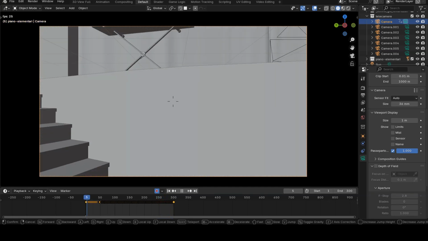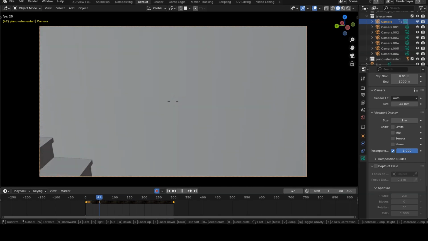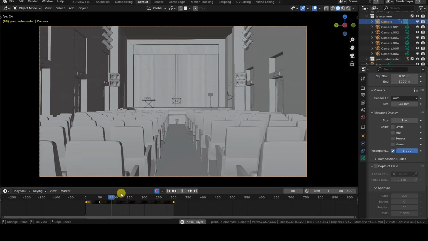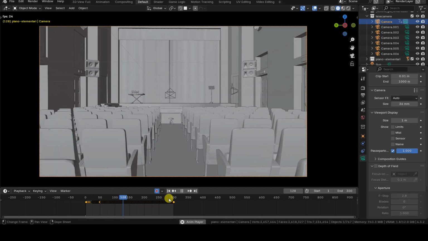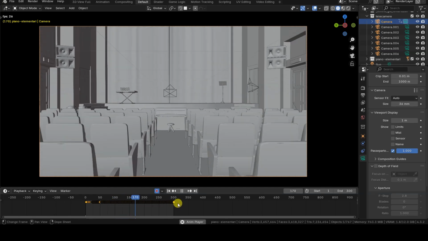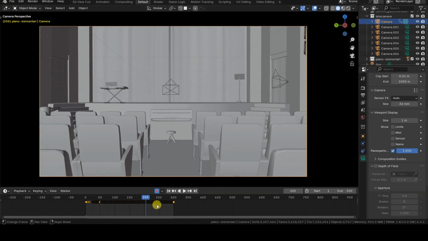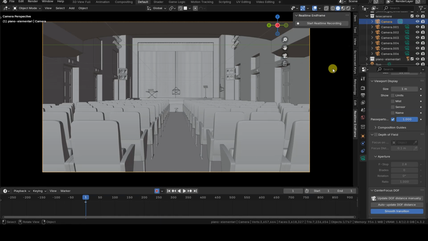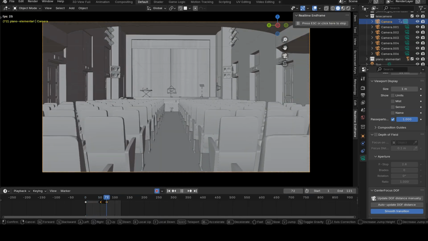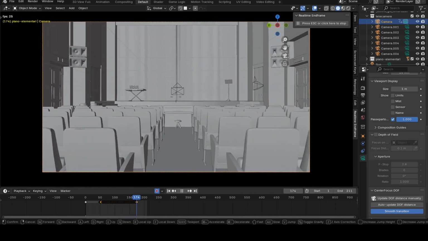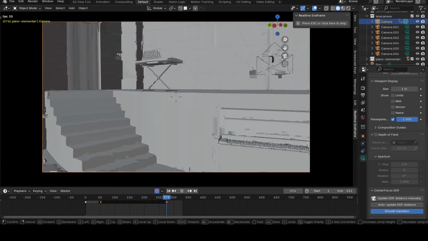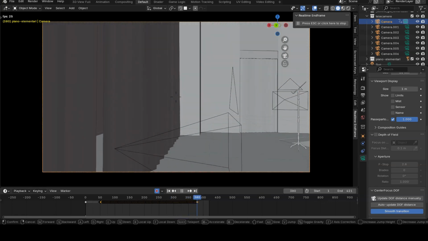The problem is that normally the end frame needs to be set ahead of time, so the duration of the recording might end up being too short, as I'm showing on screen. The real-time end frame add-on solves this issue because, as you can see, the end frame is updated dynamically, so you can take as much time as you need to record the movement of your virtual camera in the scene.